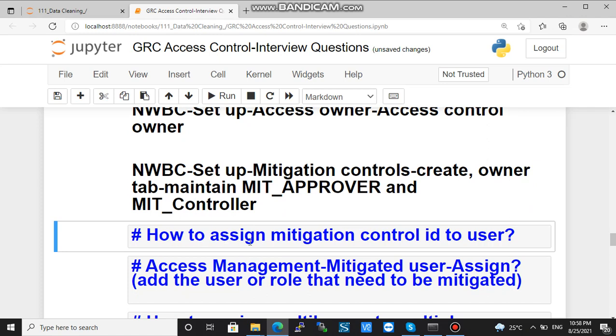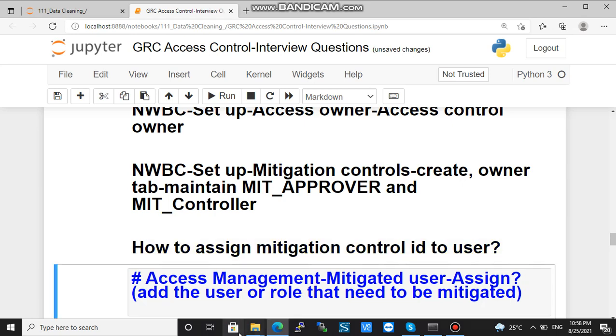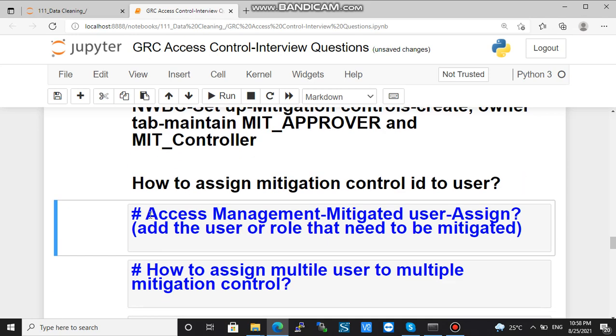Now the question is how to assign a mitigation control ID to a user. Here go to access management, then go to the mitigated user, click on assign, and add the user or role that needs to be mitigated.